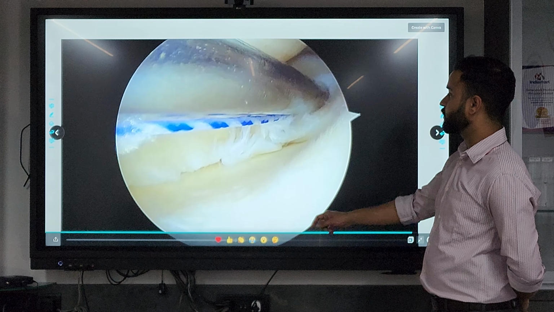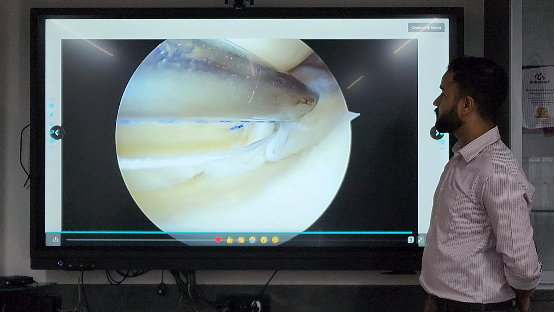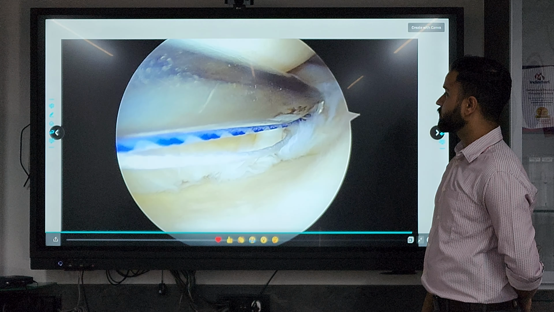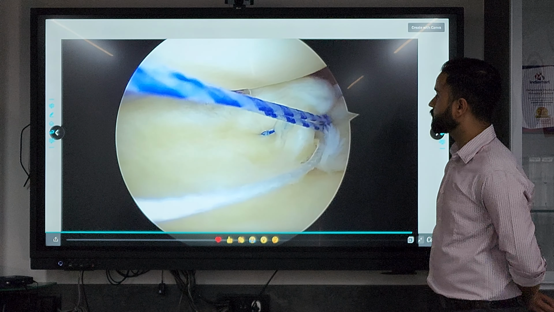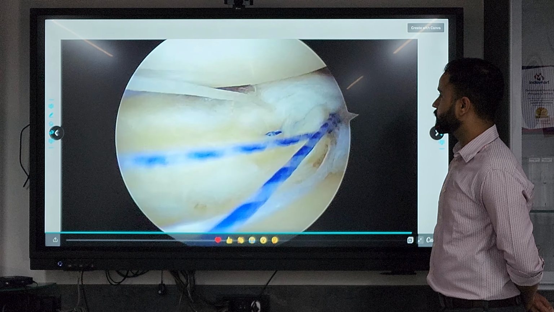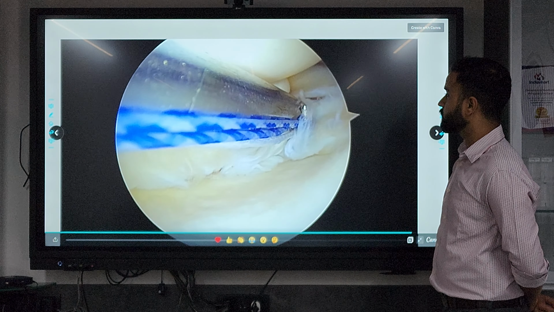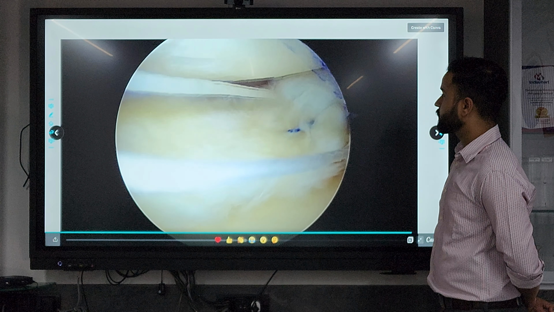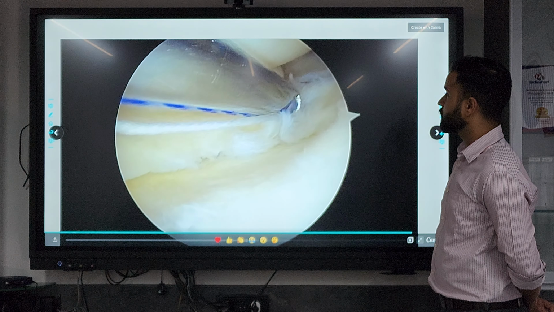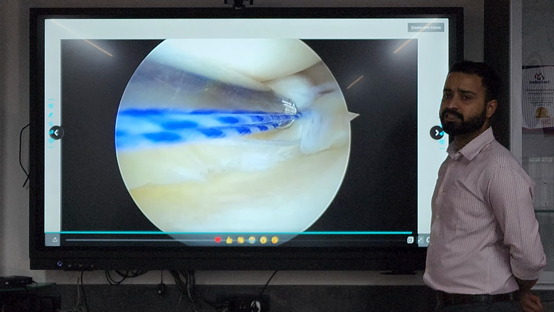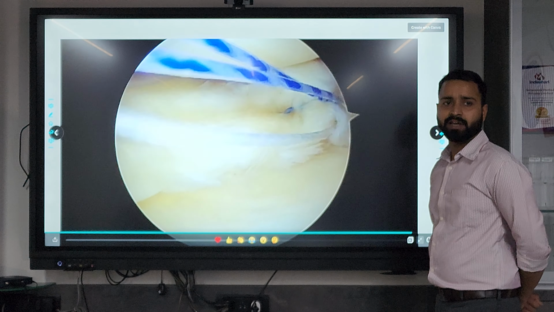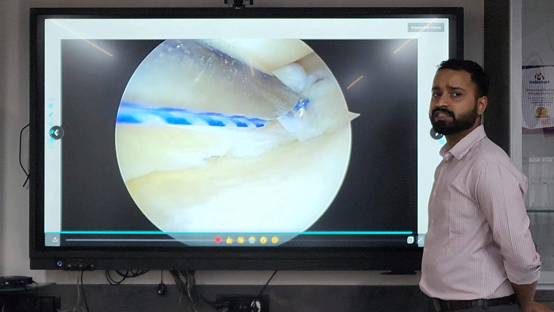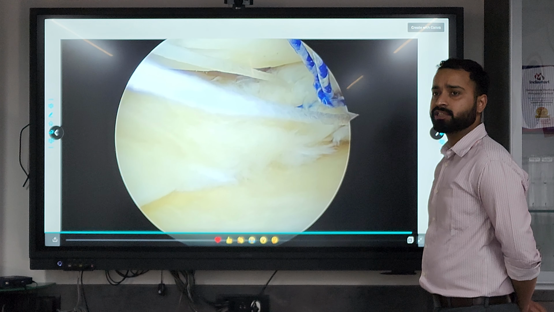Once we tie the knot, we use a knot pusher. So this is basically a meniscotibial repair of the meniscus, which is different from the traditional 3 techniques of meniscal repair.